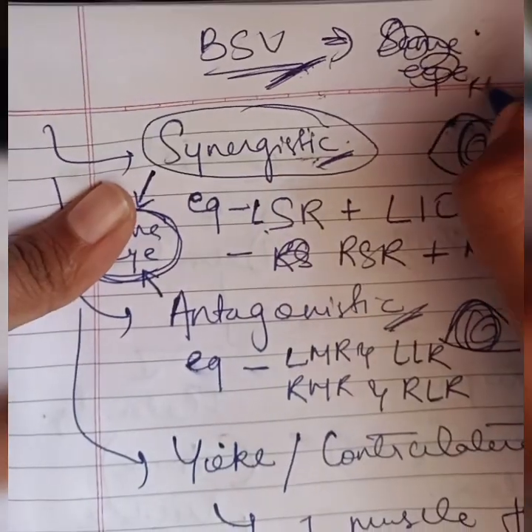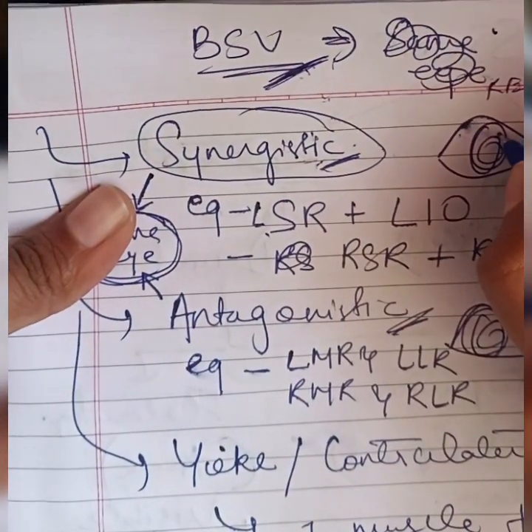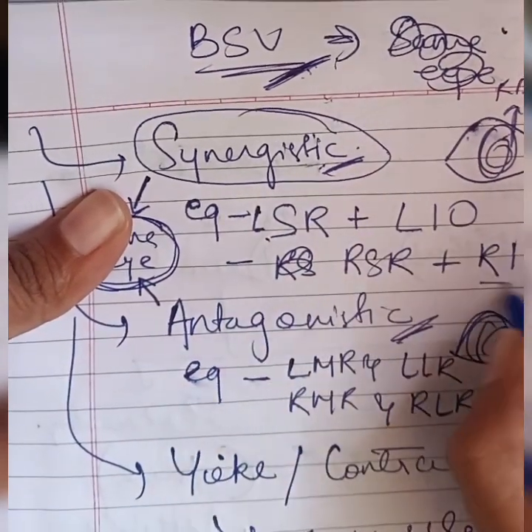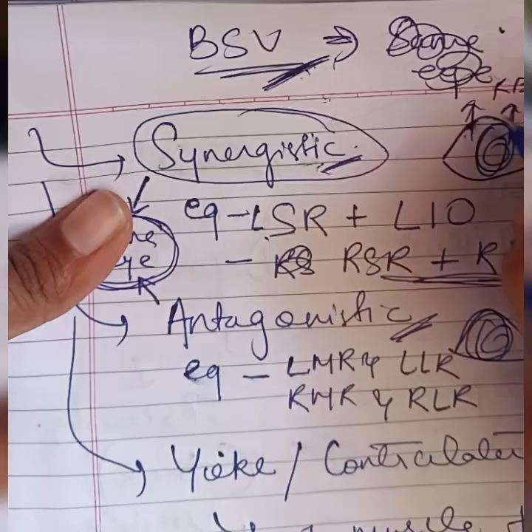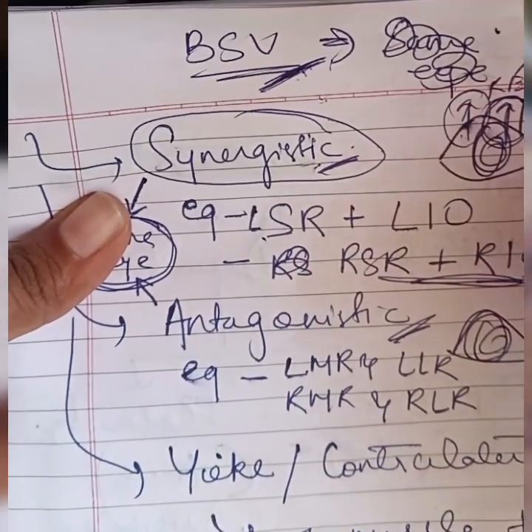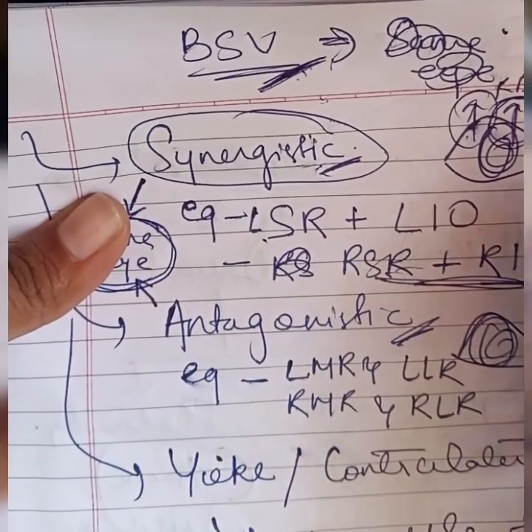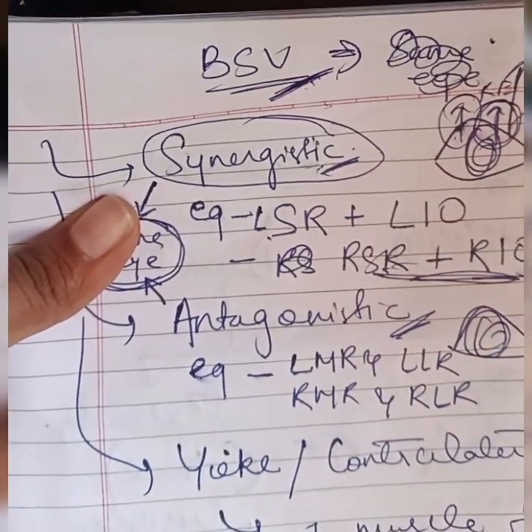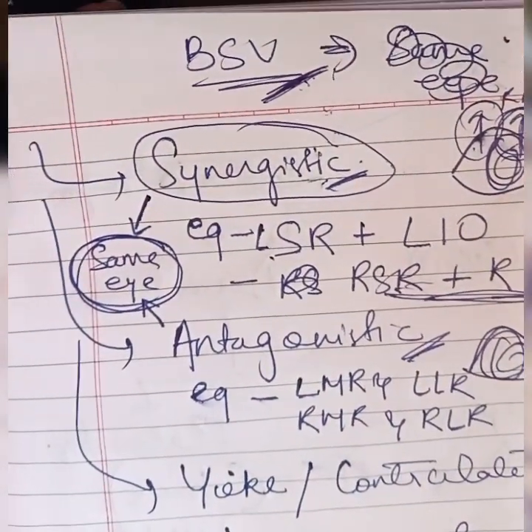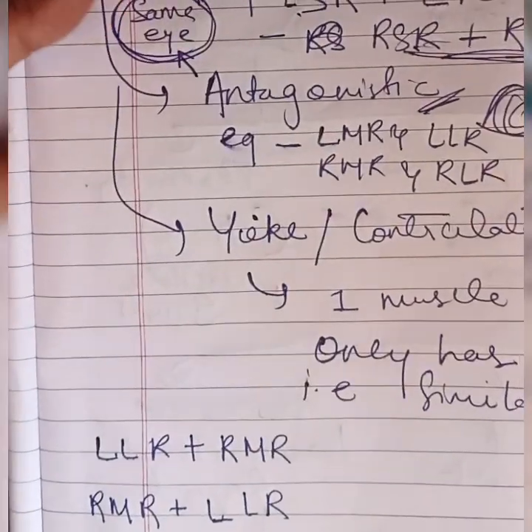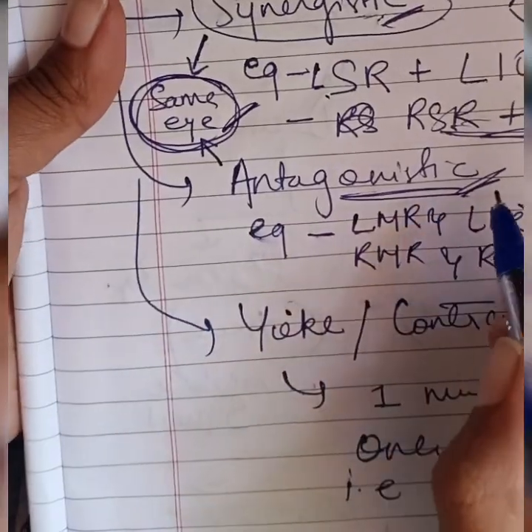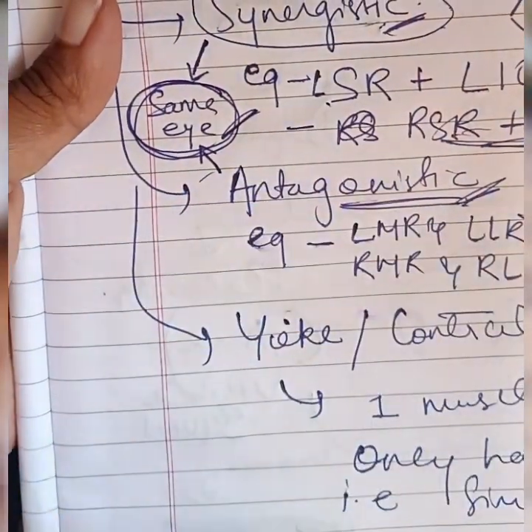So first, if we take the right eye, then in the right eye, the right superior rectus and the right inferior oblique both have elevation. So therefore, when both the muscles act together, elevation would occur. So it would become like this. That is your synergistic movement, that is synergistic muscles, two muscles which have the same action in the same eye. Similarly, antagonistic, that is two muscles which have opposite action in the same eye, that is